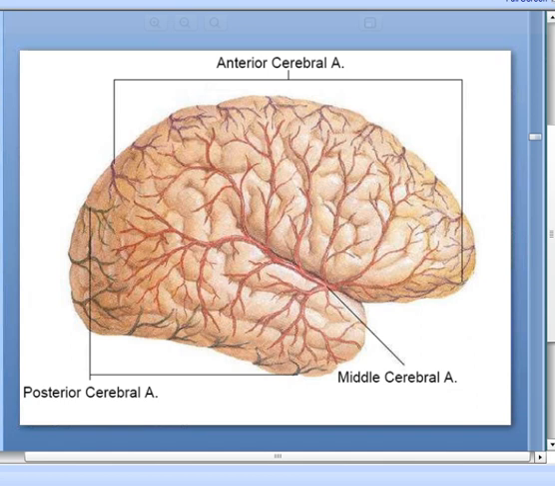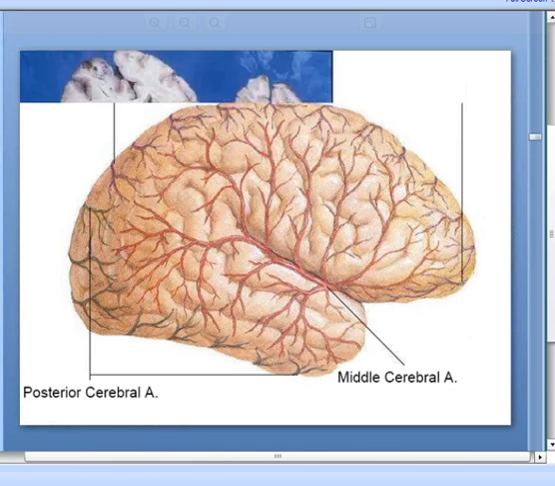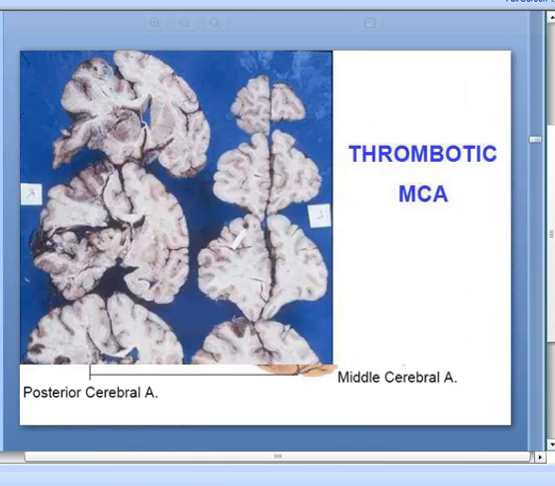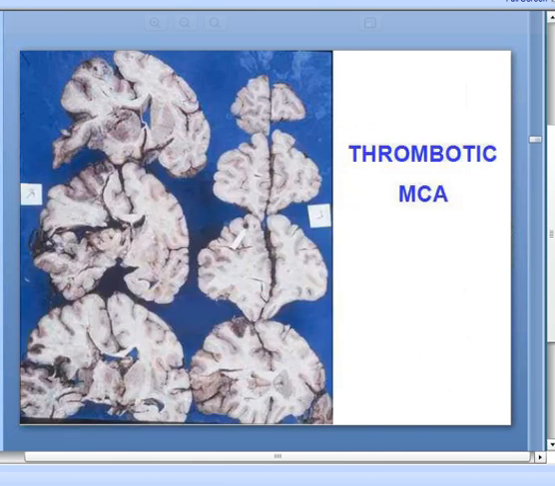So if you kind of remember that, another way to remember it is that the middle cerebral is supplying the external parts of the brain, and these anterior and posterior are going parasagittally as well. Here's a thrombotic middle cerebral artery CVA. So as you would guess, most of the damage looks like it's on the outside of the brain. You can see things like edema and hemorrhage and stuff like that,